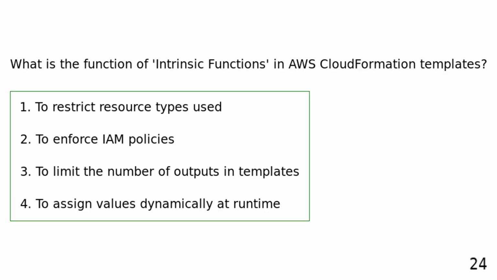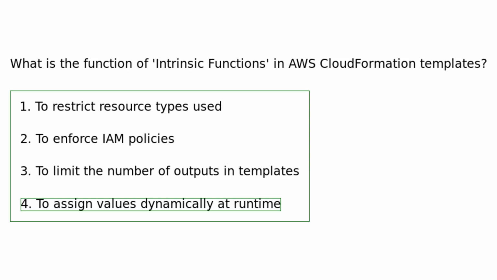What is the function of intrinsic functions in AWS CloudFormation templates? To restrict resource types used. To enforce IAM policies. To limit the number of outputs in templates. To assign values dynamically at runtime. Intrinsic functions in AWS CloudFormation templates allow users to assign dynamic values at runtime, allowing for more flexibility and customization